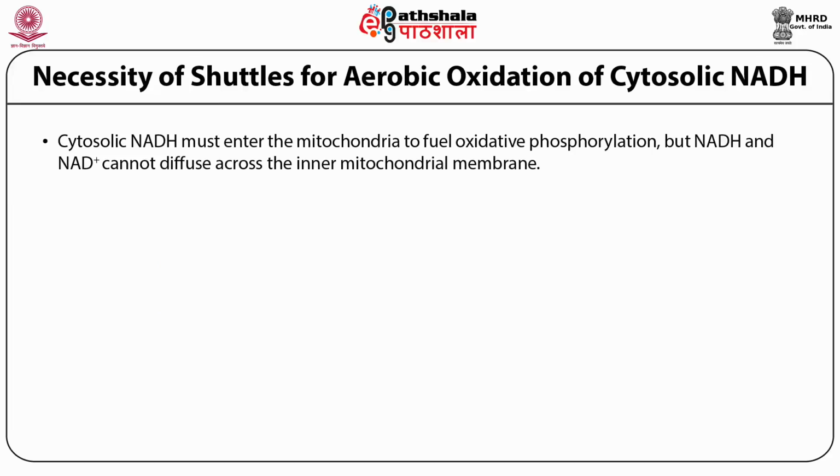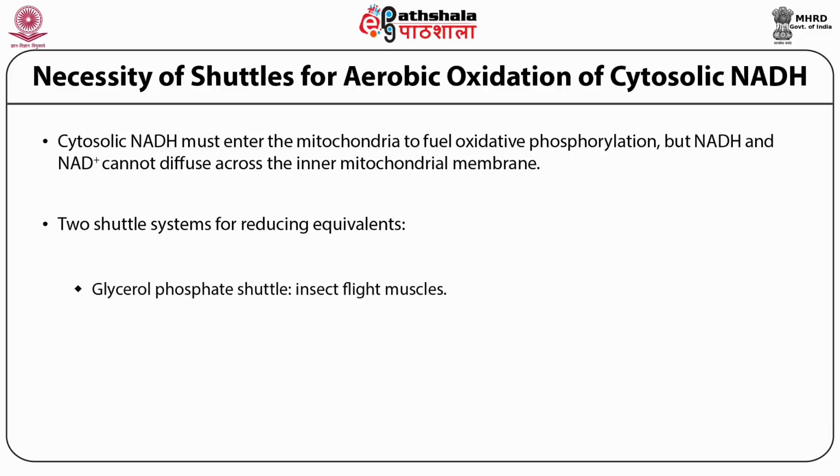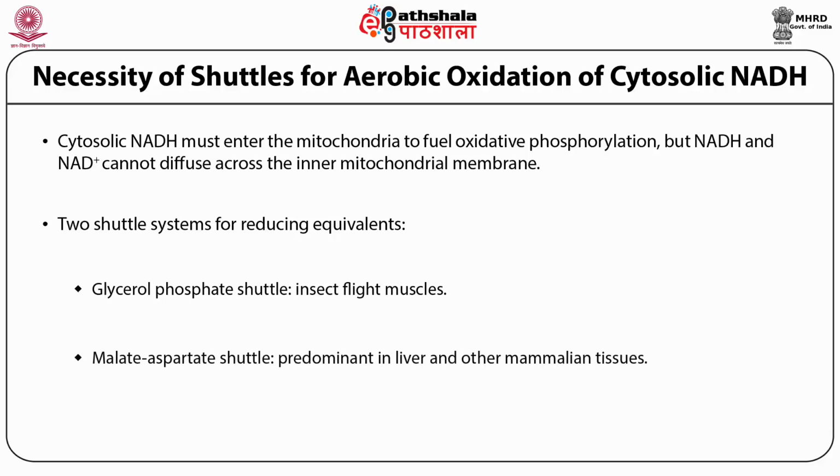Cytosolic NADH must enter the mitochondria to fuel oxidative phosphorylation, but NADH and NAD plus cannot diffuse across the inner mitochondrial membrane. Thus, two systems are used to move the reducing equivalents. First is the glycerol phosphate shuttle, dominant in insect flight muscles, and second is the malate-aspartate shuttle, which is predominant in liver